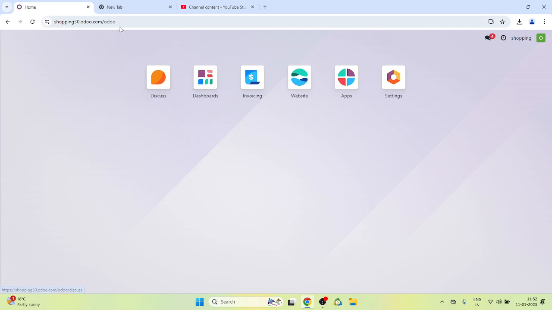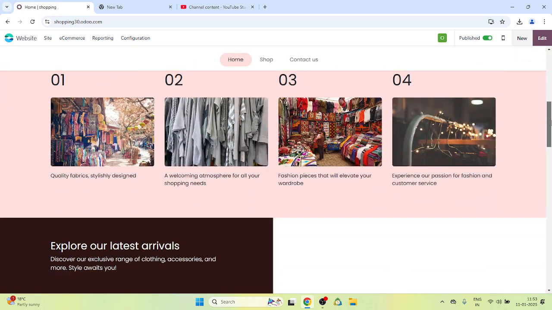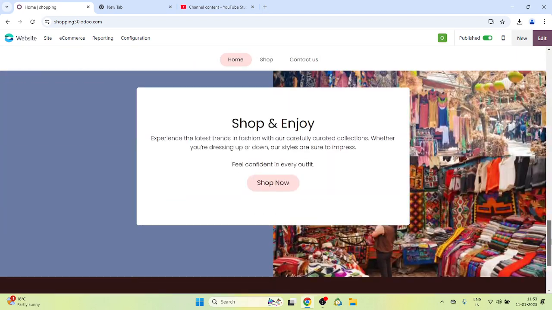Simply you have to go to the dashboard, to website. You have to design the website first of all. So this is the website as I have designed it. You can see here is the contact number, here is home, here is shop, here is contact us, here you have to put the logo, here is the cart, here is account, my account log in, and contact us. All things you have to do manually by simply drag and drop.